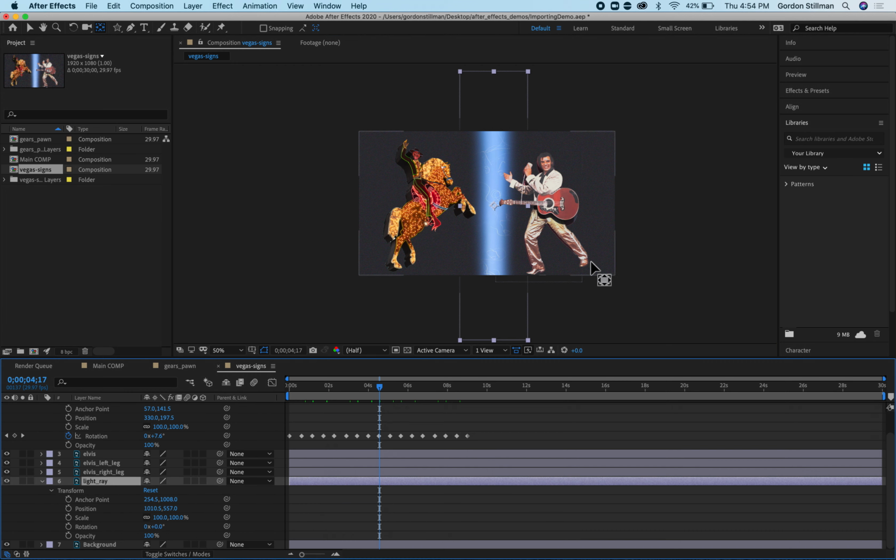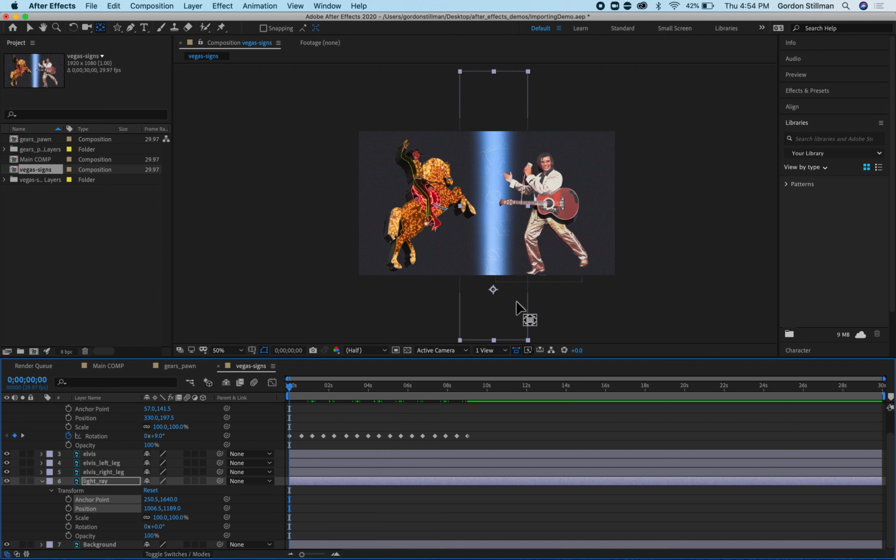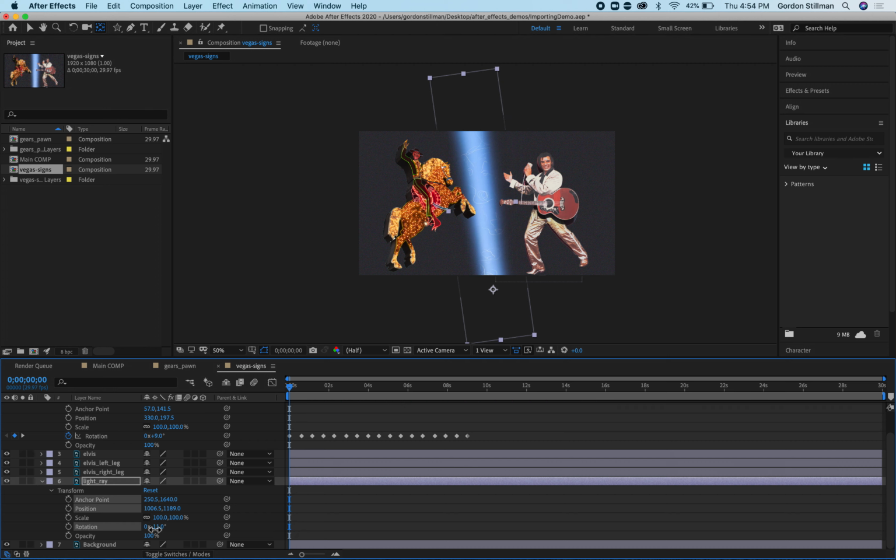And this I'm going to rotate back and forth. So I'm going to want to move this anchor point again. I'm going to want to move it down near the base. And I might choose to also just have it rotate from the bottom of the screen. But here I'm going to go a little bit below so that now when I rotate, it'll rotate from this point. So I'm going to also start the rotation here,